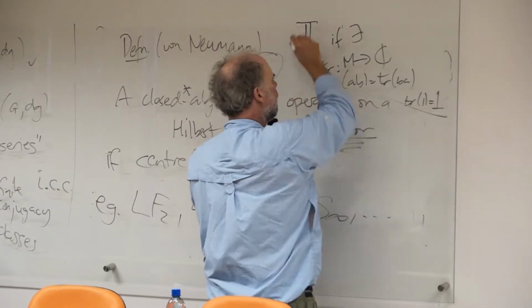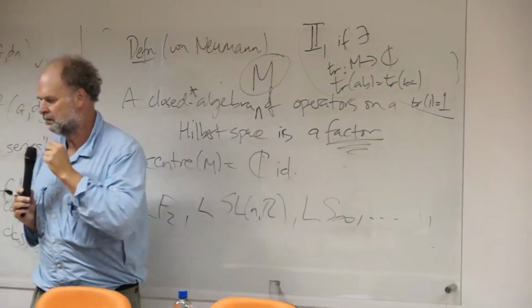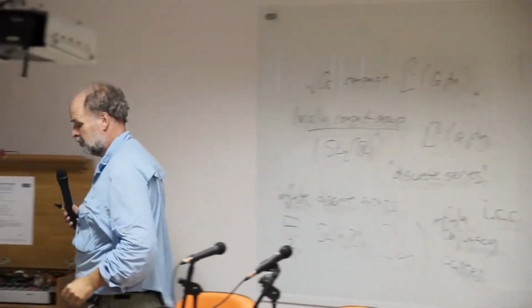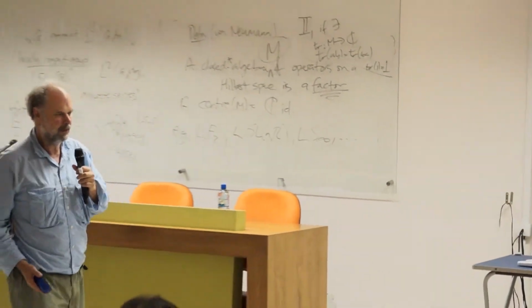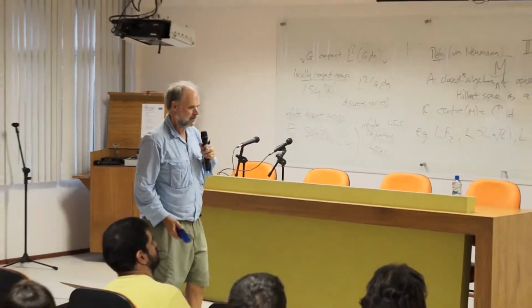So there you have it. I've given you the definition of a 2-1 factor and lots of examples. Every time you have one of these groups, you have one. Okay. So the study of these so-called 2-1 factors has been a 20th century and ongoing 21st century enterprise. It's turned out that the theory is extremely rich, perhaps the opposite of what von Neumann thought it would be, but we're still nowhere near understanding what's going on with these 2-1 factors. There's all kinds of questions.